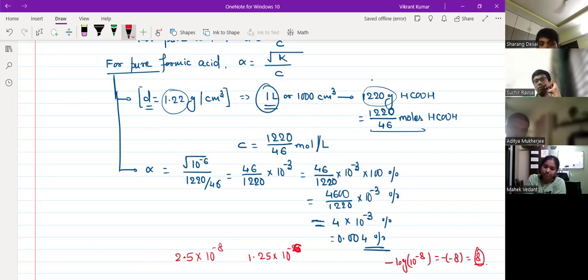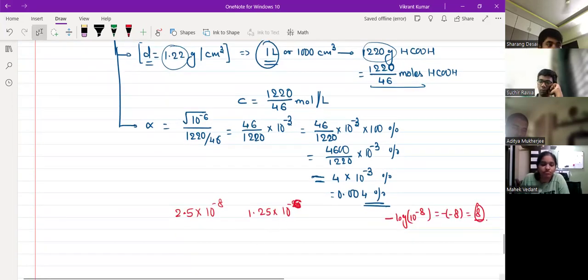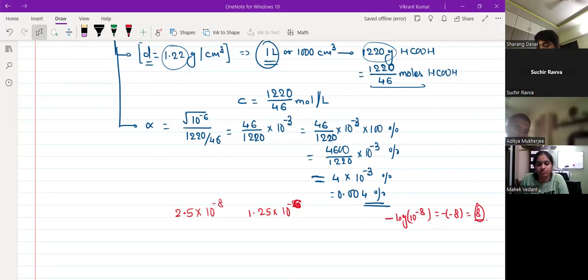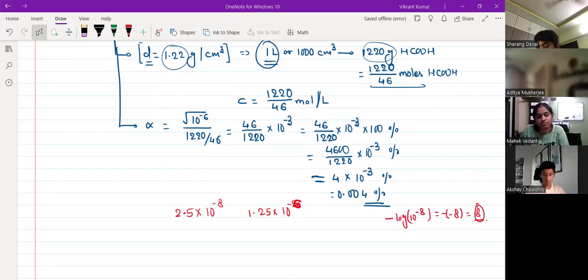Clear, a point? And that's why in this chapter also, because we are going to deal with such kind of numbers a lot, we'll be defining a scale which will give you numbers like 2, 3, 4, 5, 6. That scale is called the pH scale. We'll be defining the pH scale in such a manner that whenever we deal with numbers of the form a into 10 raised to minus b, it brings them back to comfortable numbers like 1, 2, 3, 4, 5, or 3.8, 2.6. So it is defined in a particular way.